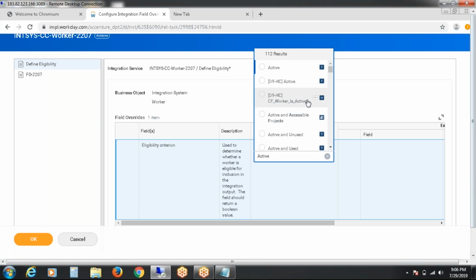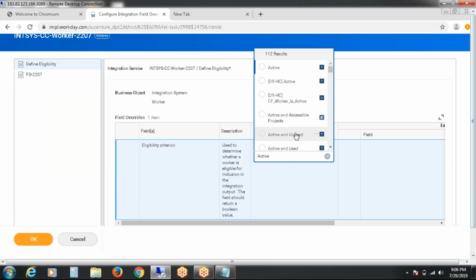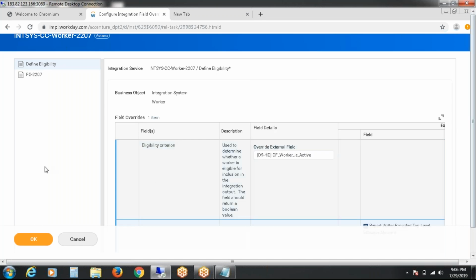See, I am calling whether the worker is active or not. So this data I am going to call. This is a true or false. Here in this eligibility criteria, you have to select a true or false calculated field itself, not any other. So you will not get access to select other fields. You have to select only Boolean based values. So I am selecting whether the worker is active or not. I would like to see only active people.